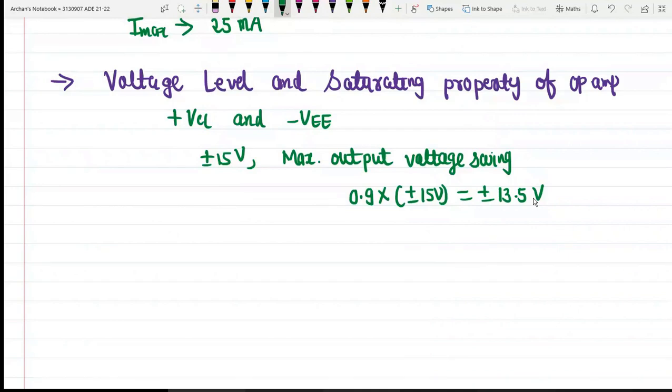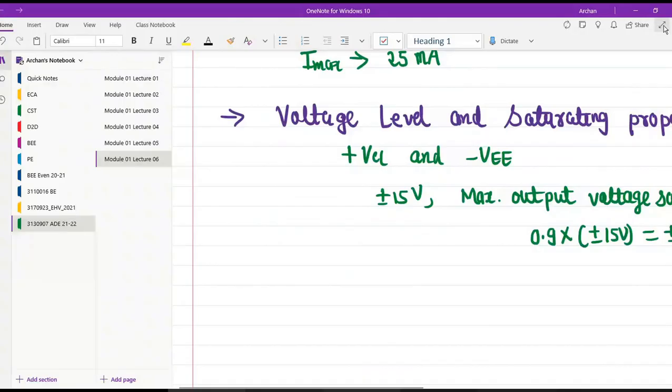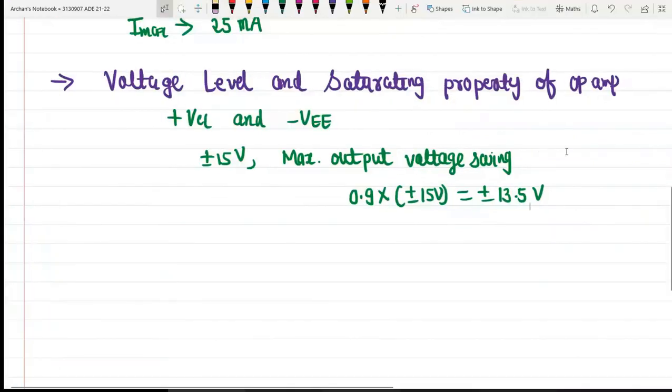This will be the maximum amount of output voltage which we will be able to get in this particular case. Ideally, it is considered that the output voltage of the operational amplifier saturates at plus VCC